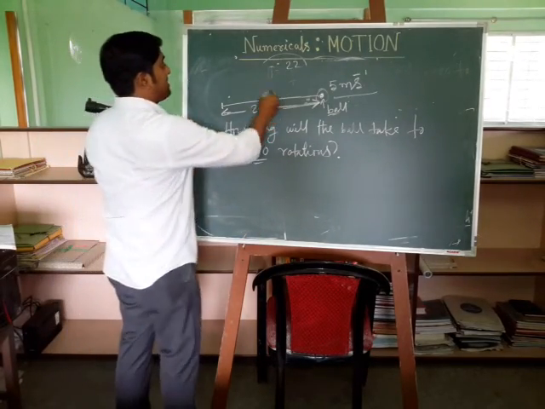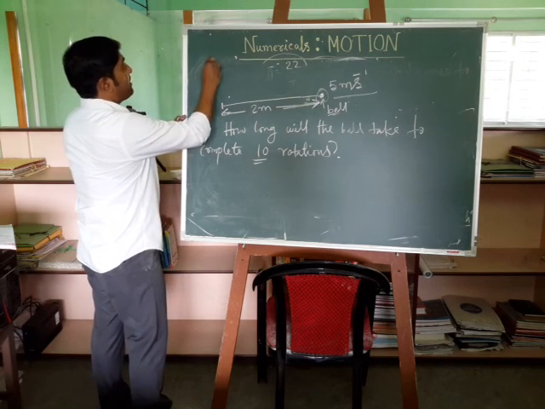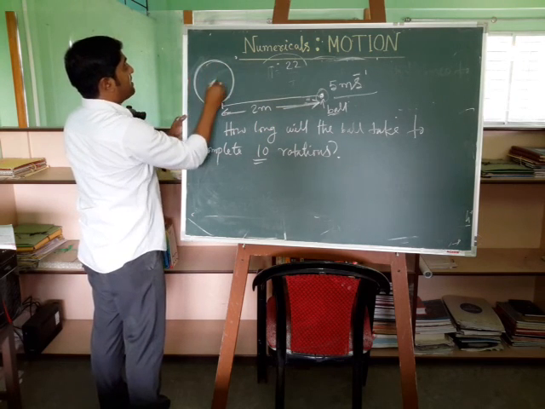So, this is moving in a circular path. If I draw the diagram here, this is the circular path. That is the length of